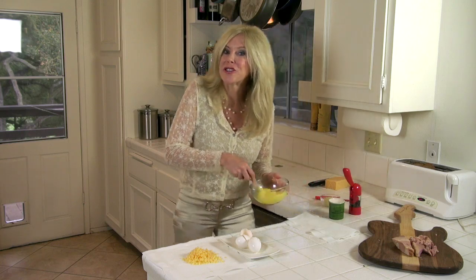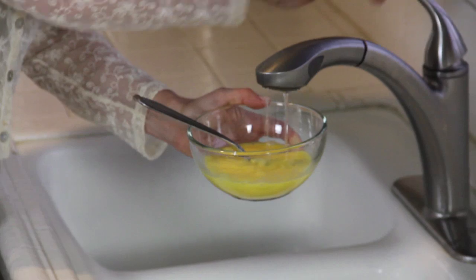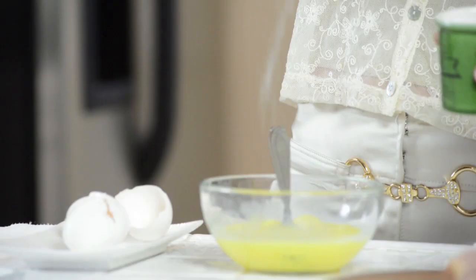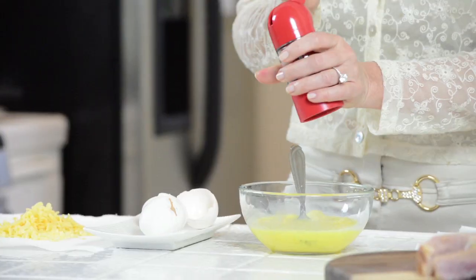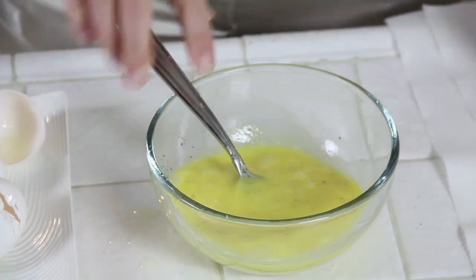Now, the trick for a super fluffy omelet is a little water from the sink. I'm just putting in 1 tablespoon. Now stir it up, add a little dash of salt, a little crack of pepper, mix away, and now we're